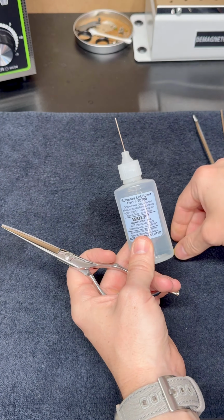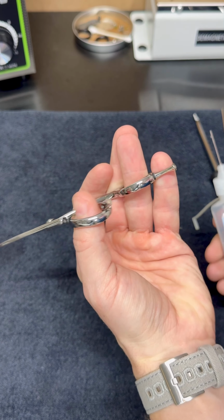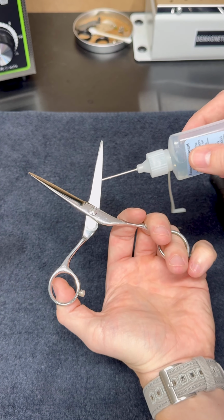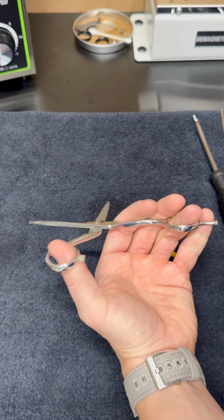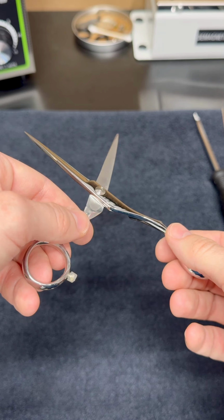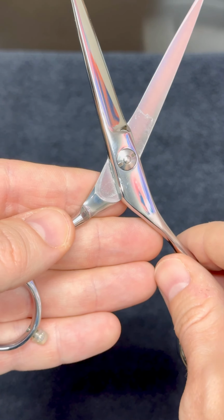After reassembling the scissor, I will drop a little bit of the oil in the base of the pivot point and then turn the shear upside down and work it back and forth. And then also drop it on the top of the pivot point, same thing, work it back and forth. Now you can see here after the alcohol evaporates, you do get left a nice waxy coating or a sheen